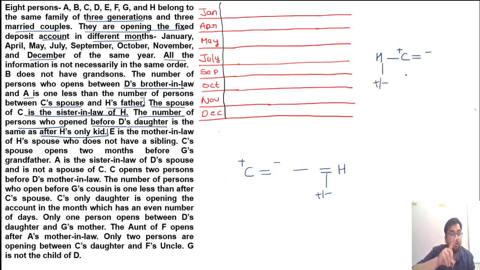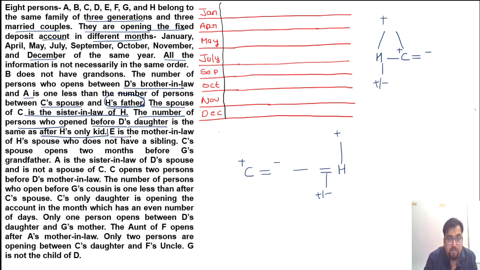And also we know that there must be H's father. Very first line I noted down here. See, H's father. There must be H's father as well as C's father. Now see, we know that there must be 8 persons. Don't cross the 8th person. Don't go for the 9th person. Try to think of it like these things.